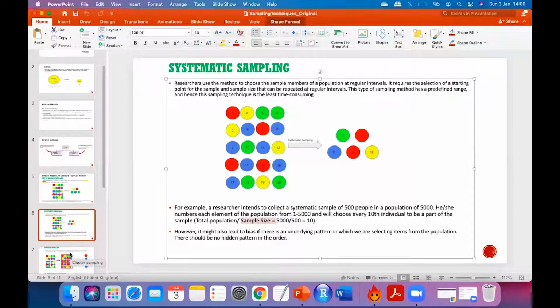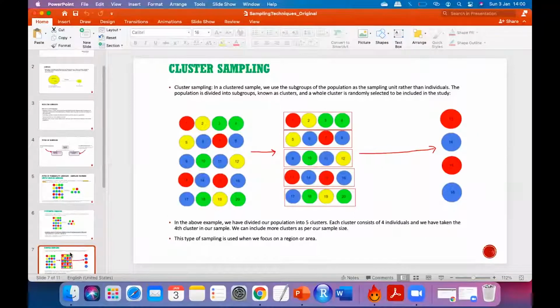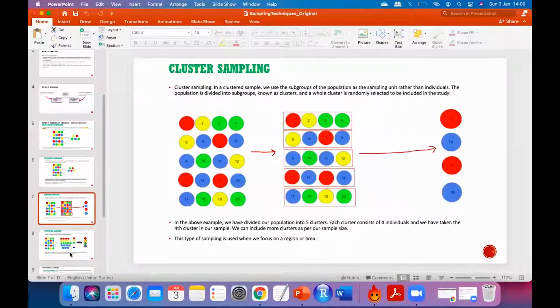The things start getting interesting when we go to the next, cluster sampling, right? See, the next two types of sampling are very important: cluster sampling and stratified sampling. Usually people ask the difference between them theoretically in interviews. You are not going to do sampling obviously, but they will ask in interviews what is the difference between cluster sampling and stratified sampling.